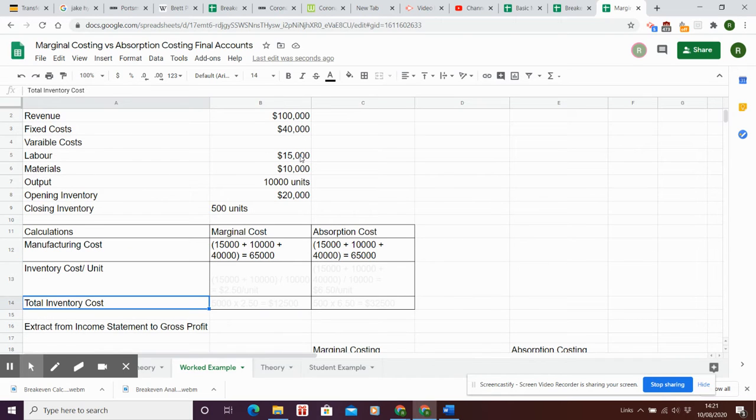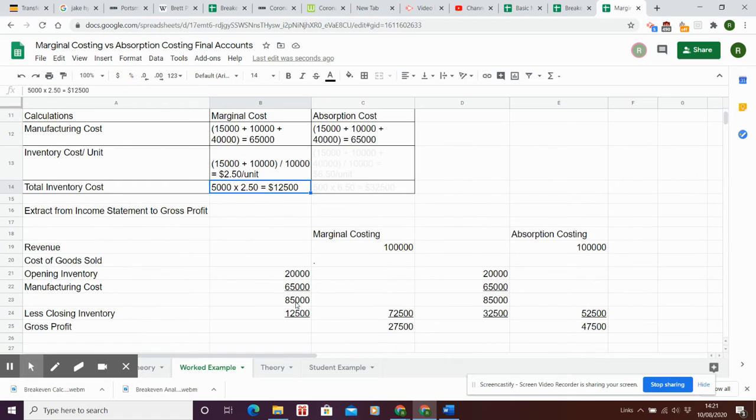When we're doing marginal costing, we're just going to use the 15,000 and the 10,000. And what we're going to do is divide 25,000 by the amount of output, which in this case is 10,000. And that gives me a unit cost of $2.50. And then I'm going to multiply that by 5,000. I've made a mistake here, that should have an extra zero, and it's 5,000 units. Okay, and that gives me a total cost for my closing inventory of